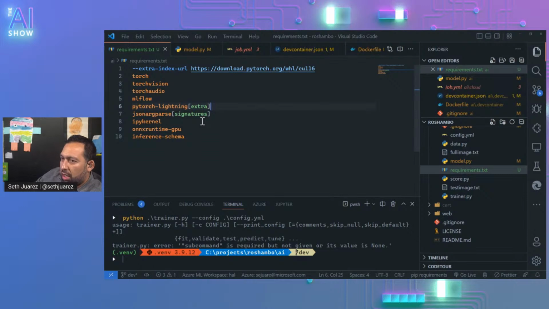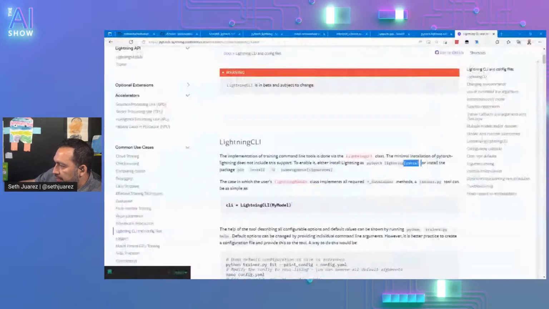So, yeah. I guess we don't need this anymore. Okay, cool. So we fixed that. In the case in which the user's Lightning module class requires a data method, a trainer tool can be as simple as this. Nice. The help of the tool describes all configuration by running the trainer with help.